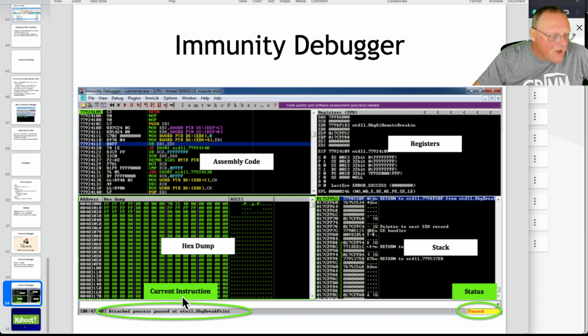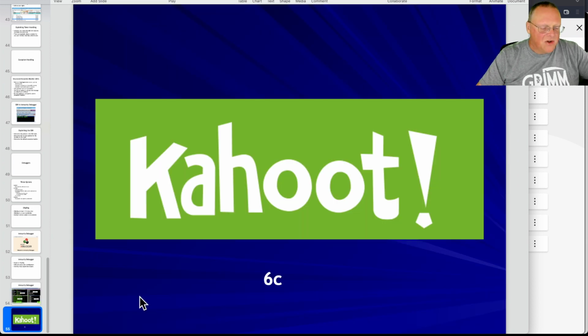And all right, and down here is a message telling you what's going on right now. So the attached process has paused somewhere in NTDLL at a breakpoint, which is it had finished loading and now it's stopped before running. So that's the general layout of Immunity, and we're going to use it in today's demo after this. So let's look at the last Kahoot,